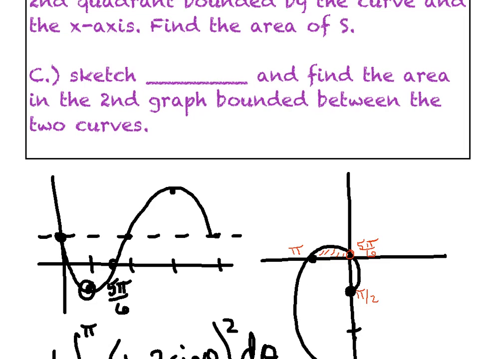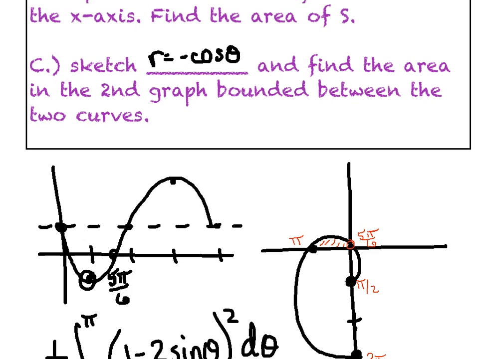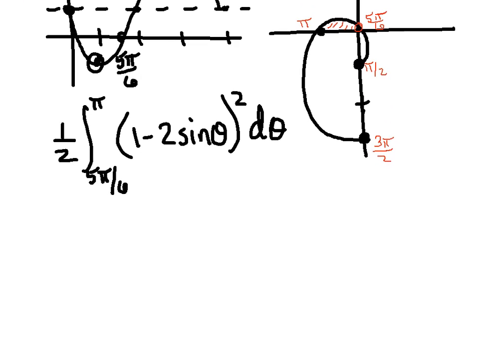The next thing they want us to do is sketch r equals negative cosine of theta. So we've got a circle, but usually it's symmetric with respect to the x-axis in the first and fourth quadrants. The negative is going to flip it over the y-axis and now put it in the second and third quadrants. Again, let's take our time and see if we can sketch negative cosine,